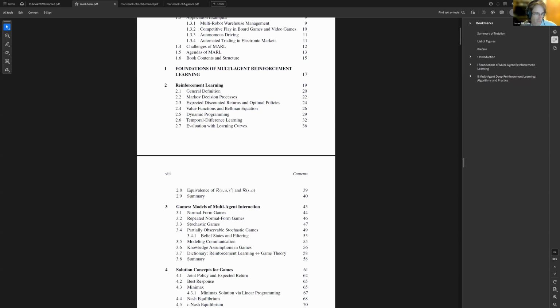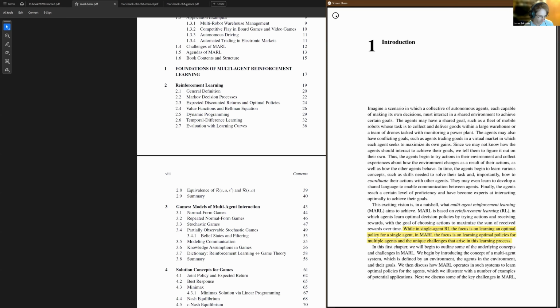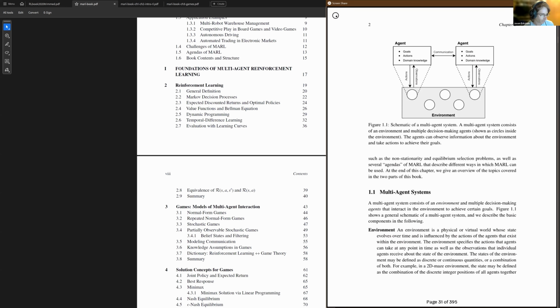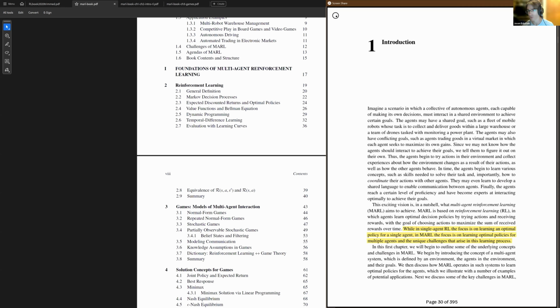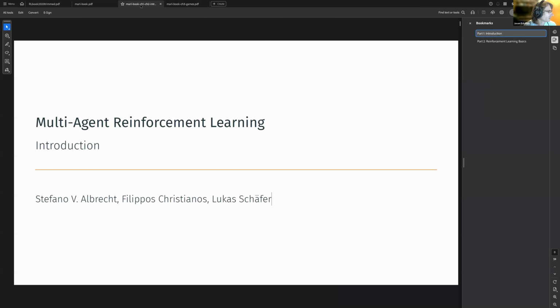I did go through the textbook and highlight some things, so I'll try to refer back to this a little bit as well while we're going through the slides. But I think we will use the slides, which are derived just from this book, for a lot of the introduction. So with that in mind,